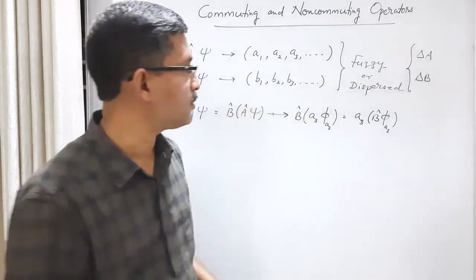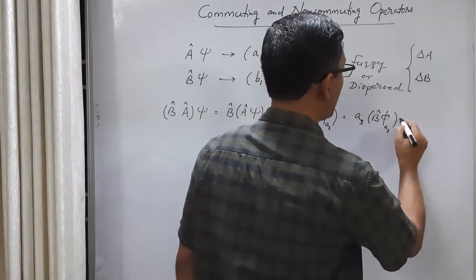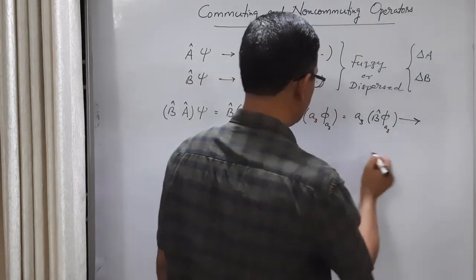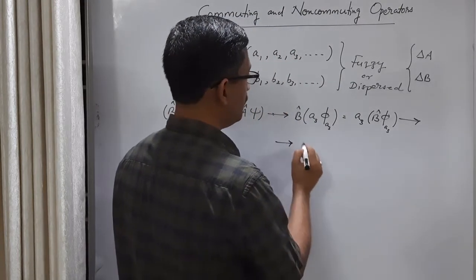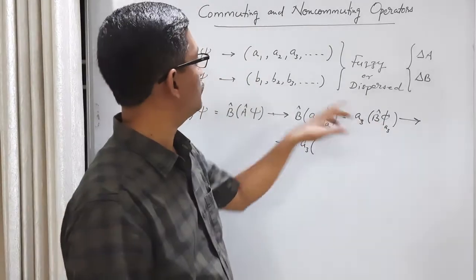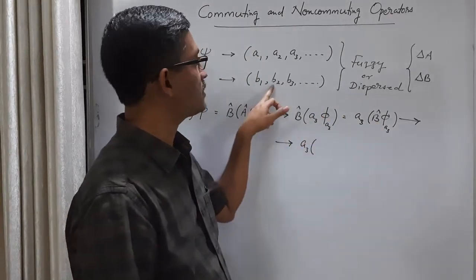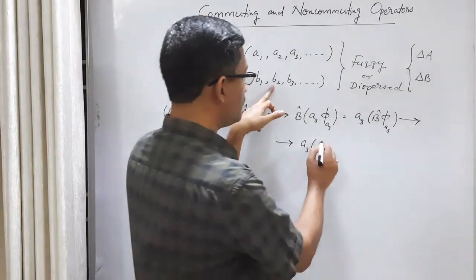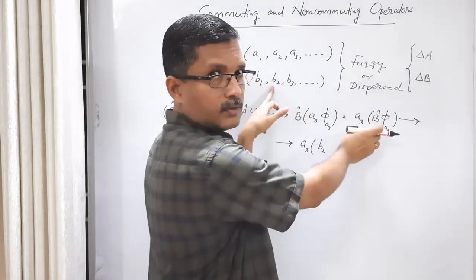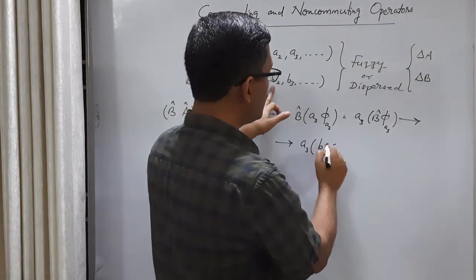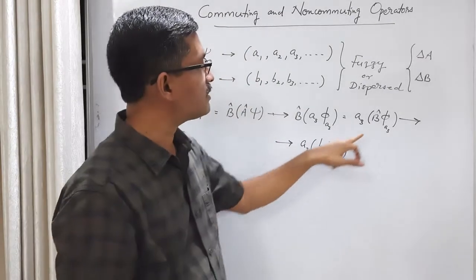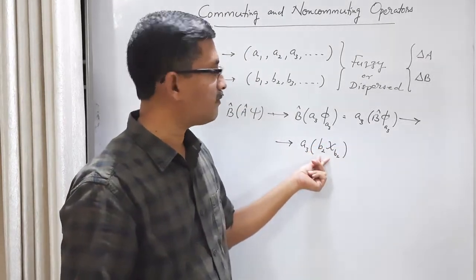Let us consider one possibility from here. So there is again a collapse. Okay. So let me write it here. So what happens? A3. Let us say we get the eigenvalue, let us say B2. Okay. So what we get is B2. And this general state phi A3, a general state for the operator B, collapses to, let us say, chi B2, where chi B2 is the eigenstate of the operator B corresponding to the eigenvalue B2.